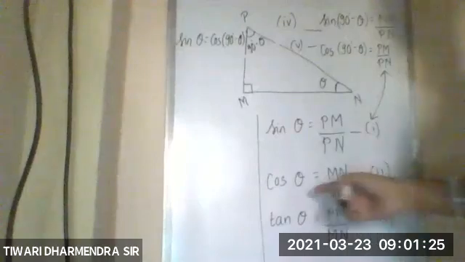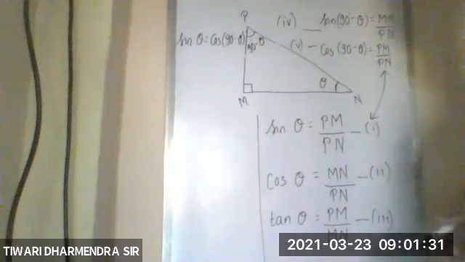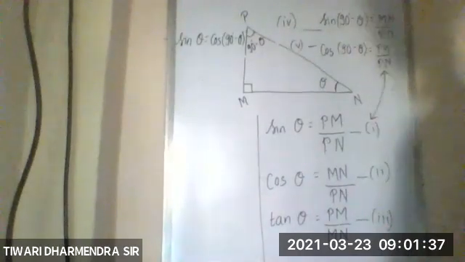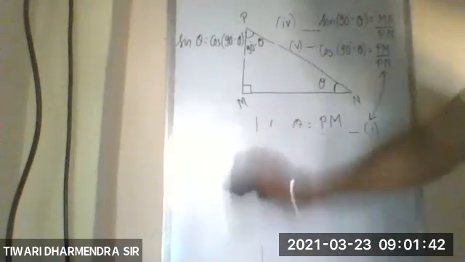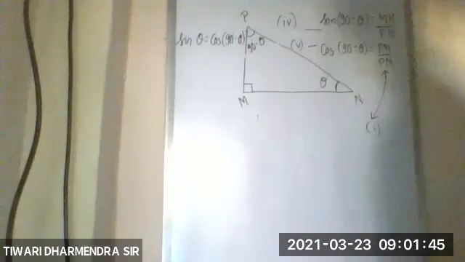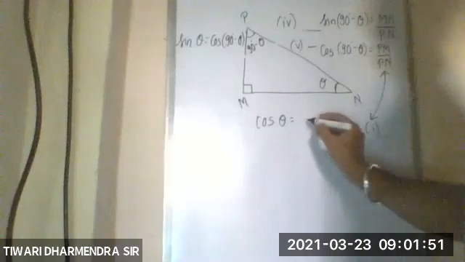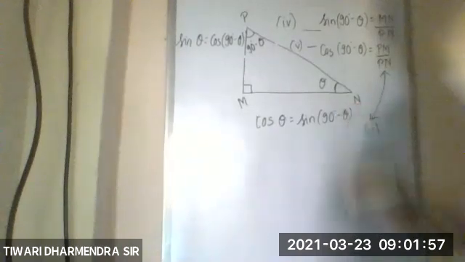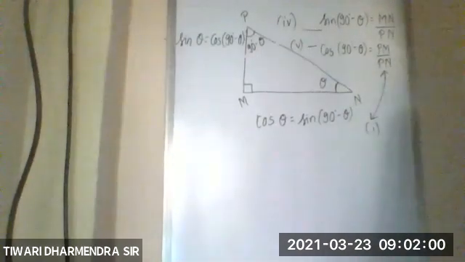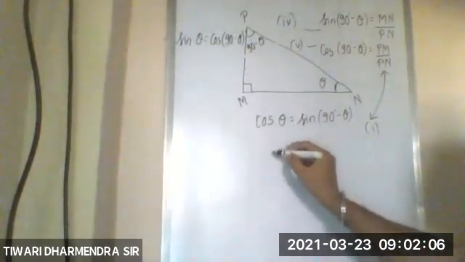What about cos theta? Equations 2 and 4. Yeah, even they are the same. So I'm rubbing the diagram, but we require 90 minus theta as well right now. So we have concluded that cos theta is the same as sine 90 minus theta. What about tan theta and tan 90 minus theta? Let's see.